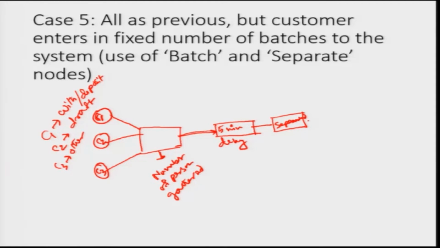So, before entering the bank, you need to separate this batching, otherwise whatever number you have decided to go as a batch will be joined together and make only one entity. So, before reaching the process, you need to separate them so that the ARENA can realize that they are basically separate entities. After that you put the process,